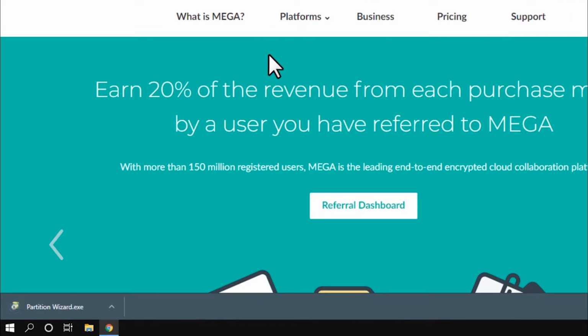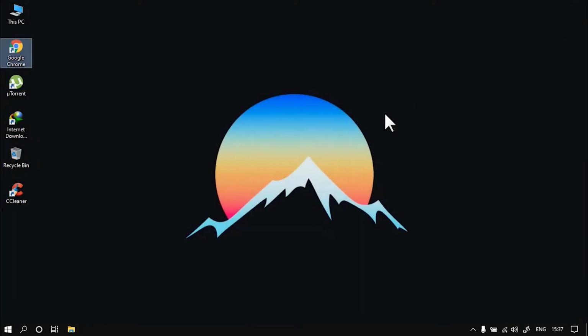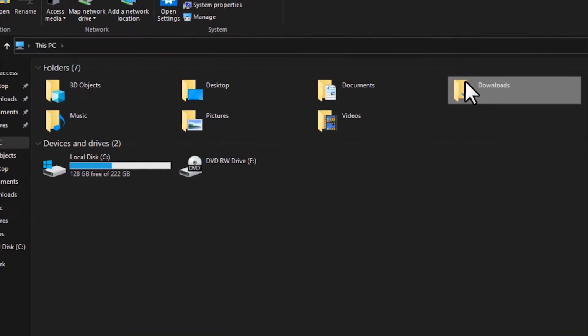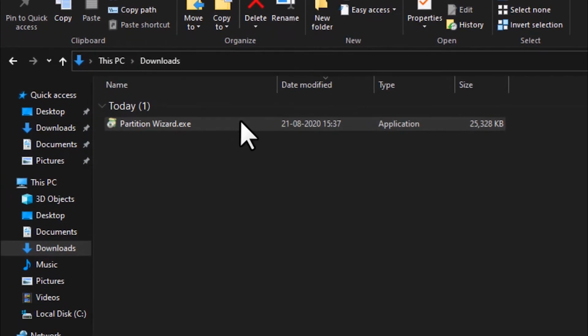As you can see, I have downloaded the file. And now just install that application. So I'm going to go to the downloads folder and then just install it.